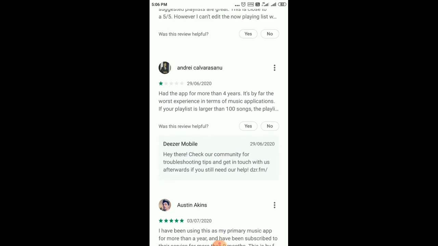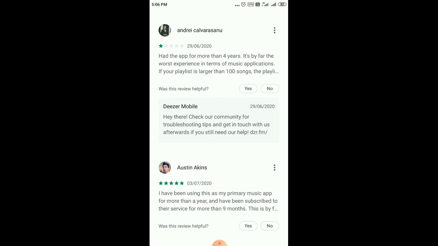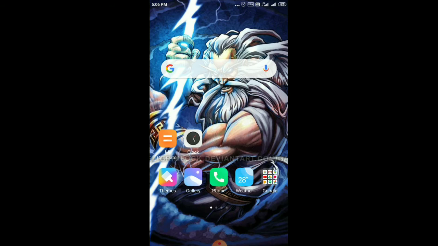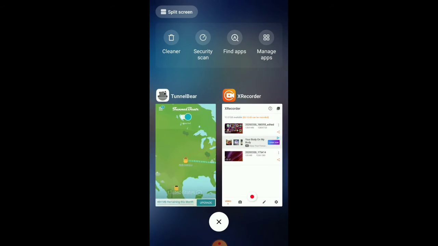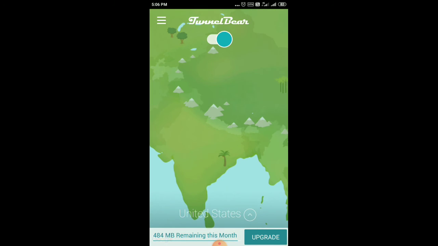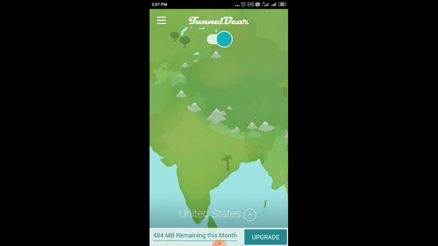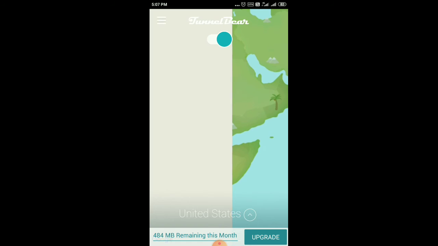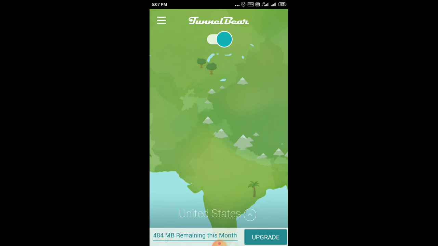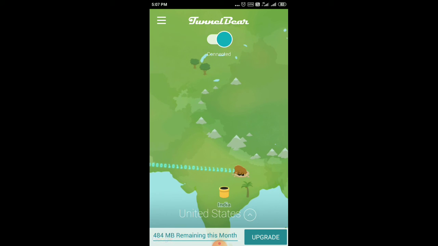If the application or game which you have downloaded is an online application or game which works online, then make sure that your VPN is on while you're using it, because if it is not on, then your phone's overall location will be detected by that particular application or game, and then it won't allow you to use it, because in the nation where you're using it, that particular application or game is restricted. But if the game or application which you have installed from Play Store using this VPN is offline, then there's no need of keeping this VPN on. You can turn it off if you want. Simply go back to the TunnelBear VPN application and turn this switch off, disconnect it, and that would be pretty much it.